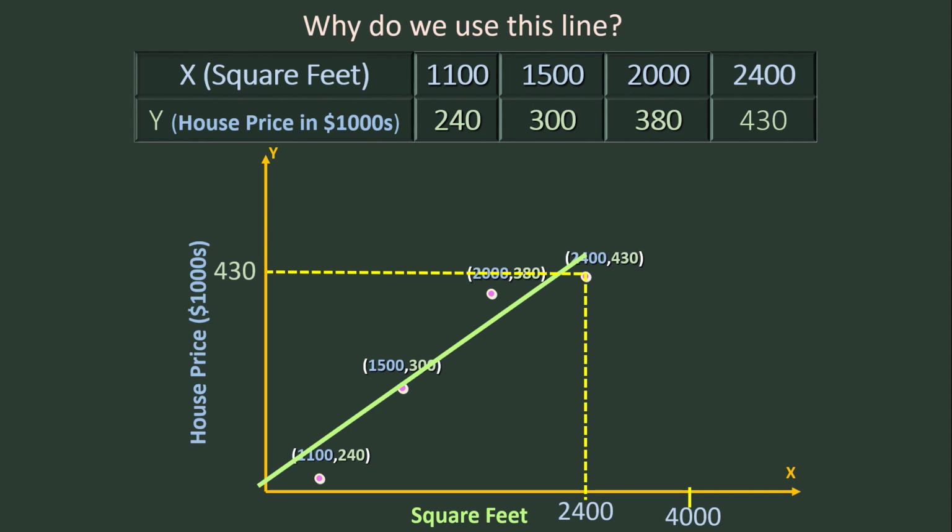What we do here, we have the line up to 2400 square feet, then we extend this line up to 4000 square feet and then we find the corresponding y value. So the regression line can be used to predict